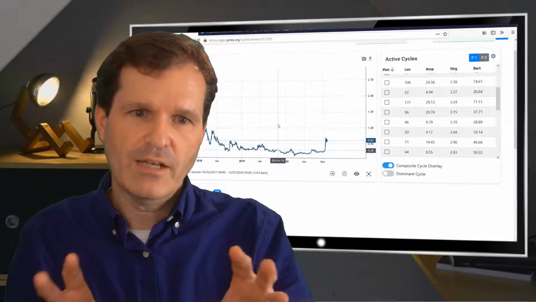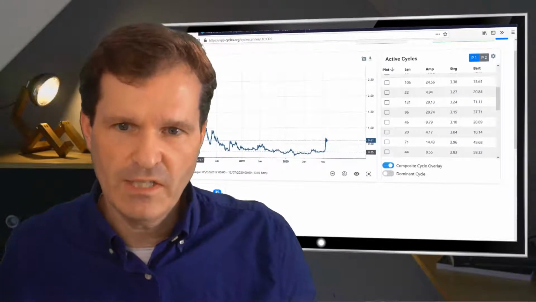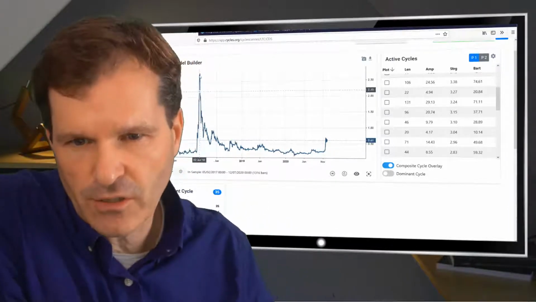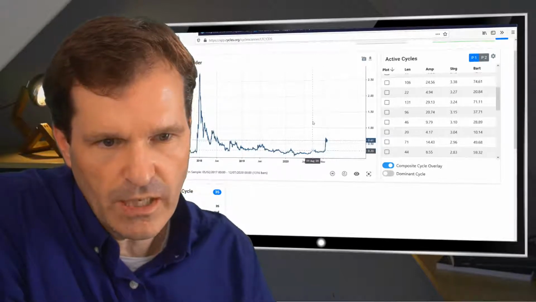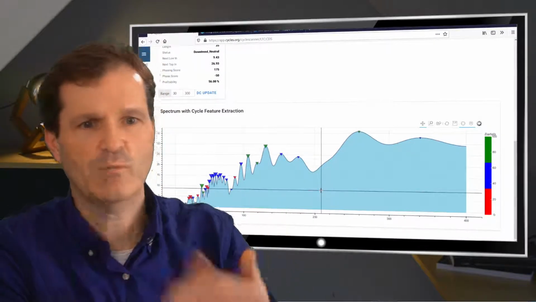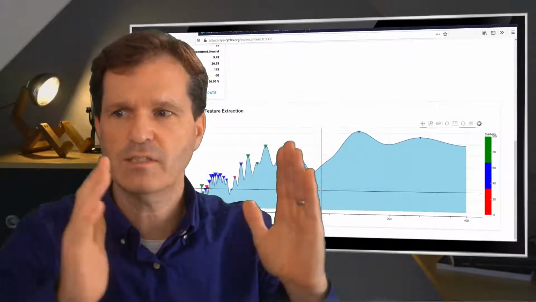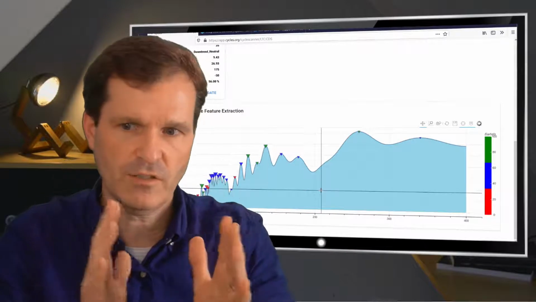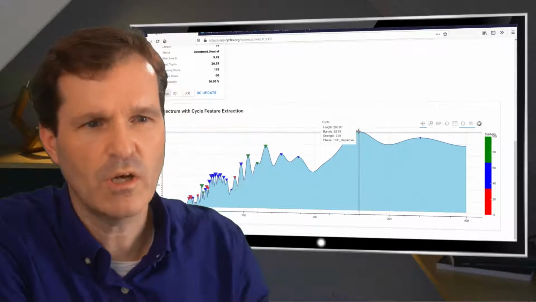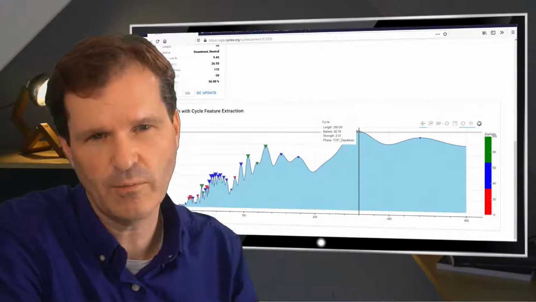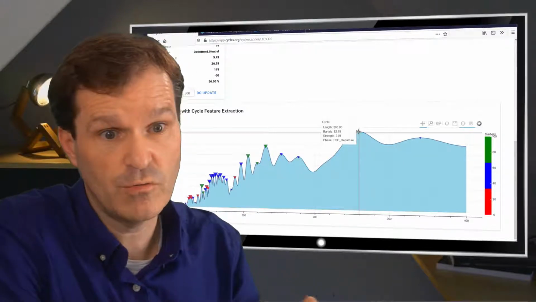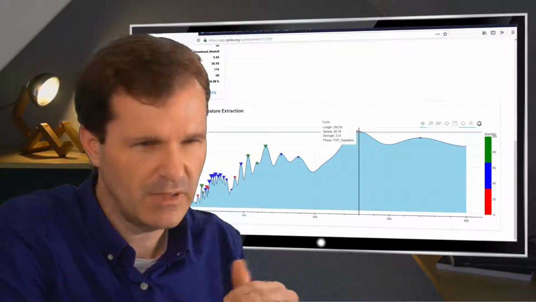I mean, for digital signal processing, it's anyhow not easy to analyze these data sets where we have these high outliers here back in 2018 and now again. But let's first move down into the scanner section. And that's what I said: if you see these outliers here, it's not easy for the cycle analysis to check this out. But let's again use the same procedure. So this is the one, or even the longer cycle, with a green triangle, meaning a high battle score above 80, and a long cycle length of 260, and the strength is even lower, but okay.